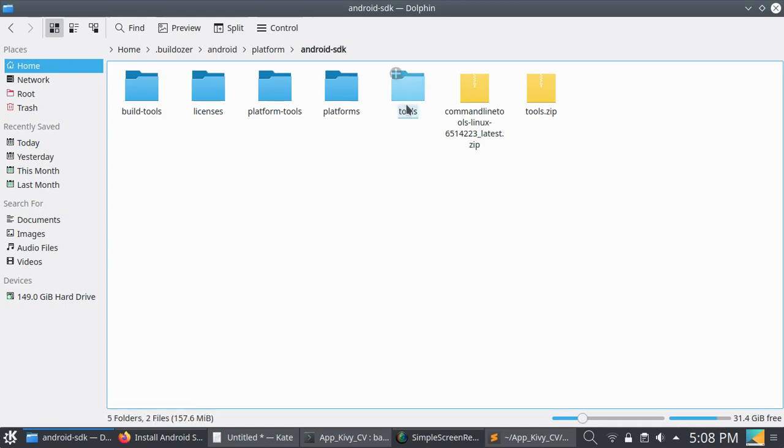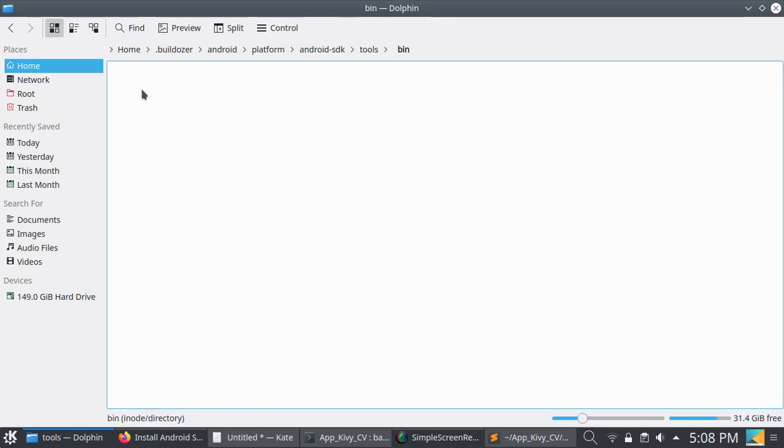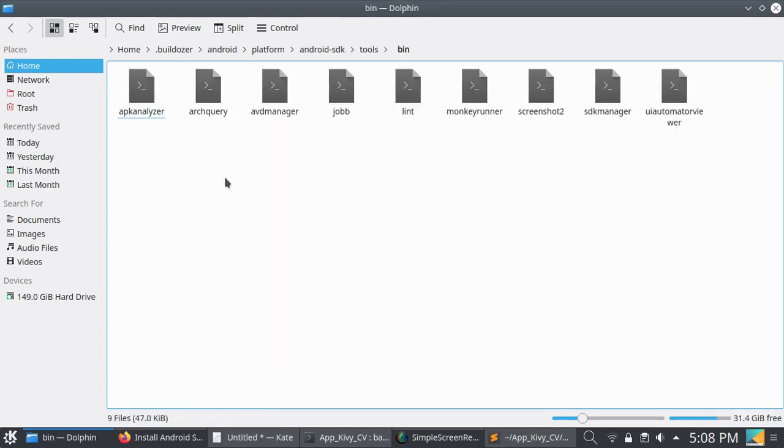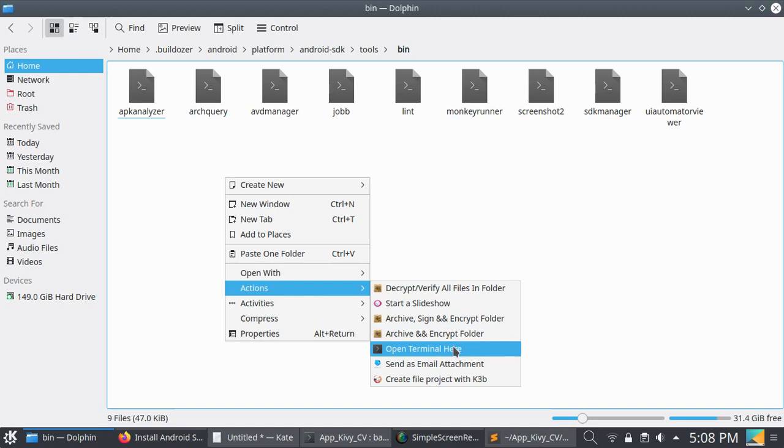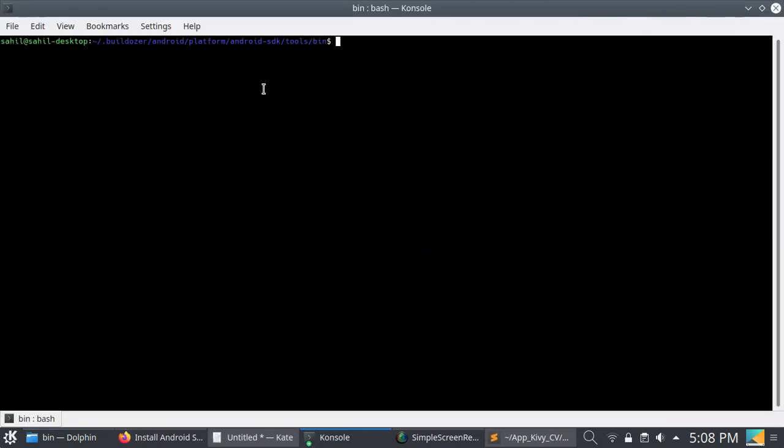After all these things, open tools and bin and open a terminal here.